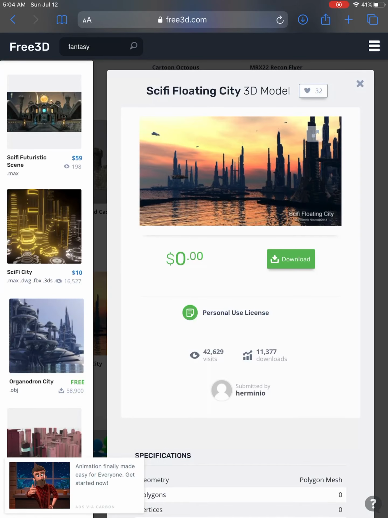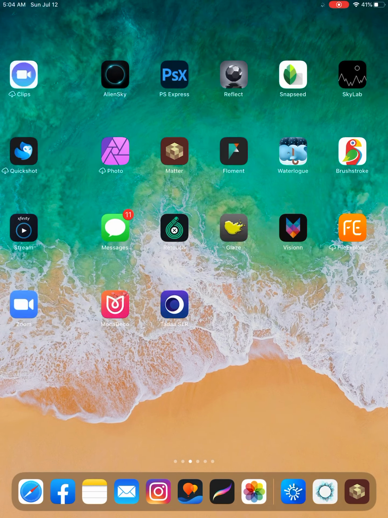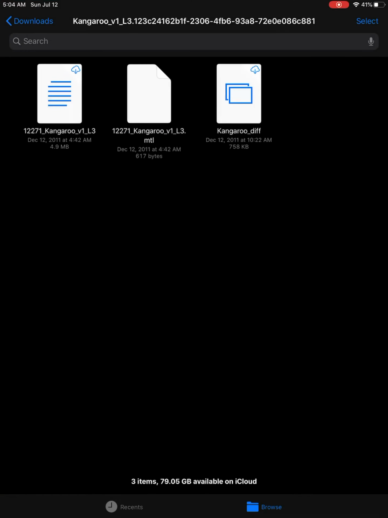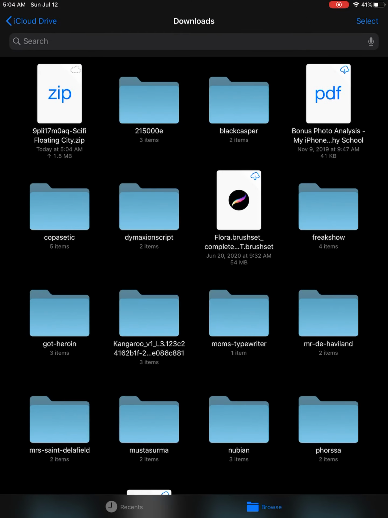I don't know if it has downloaded that. So to do that, I'll go to my Files app and check my download. Here it is, the floating city. As you can see, it has downloaded a 12 meg zip file. To open the zip file on the iPad, you double tap it,